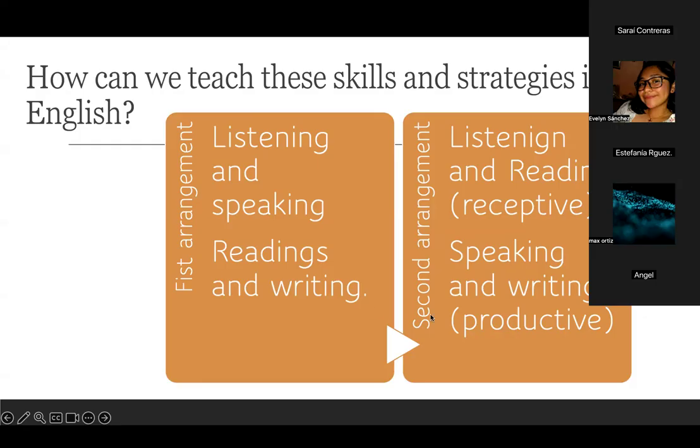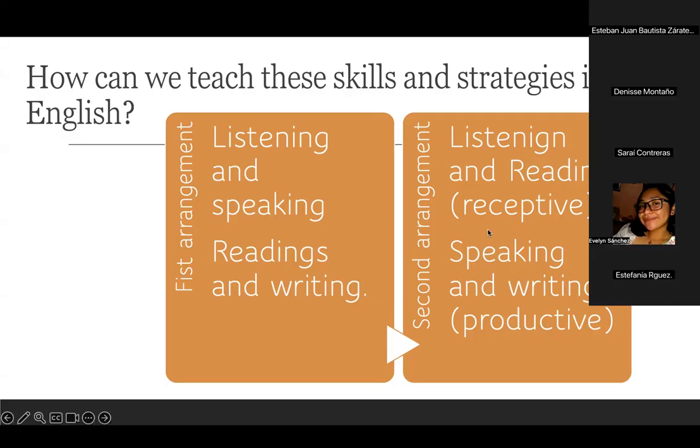In contrast, when the channel of communication is oral, in this case, you are going to say something aloud, you are going to speak, or when you are going to ask someone to write down some ideas and then to produce a coherent text, that is the productive skills approach. That's exactly how we are going to start reviewing. This is the approach that we are going to take